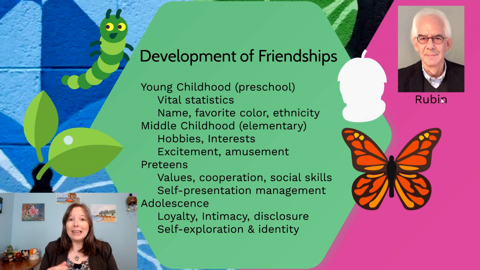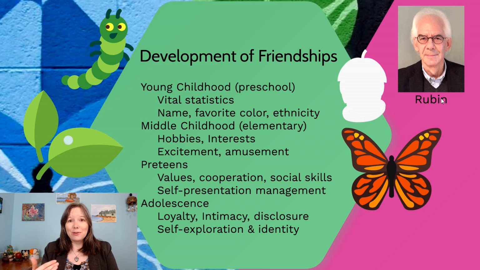When we get to the more late childhood, preteen years, that is about age 10 to age 11 or 12, what tends to evolve here is the real valuation on social skills. So this is the idea that we are looking for friends who can cooperate, who can be nice to us and not overly aggressive to us. These are the friends that have an idea about how they're presenting themselves, and the socially competent kids are going to make friends a bit easier.